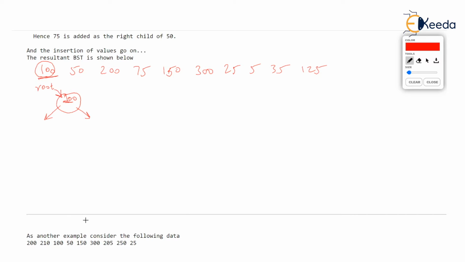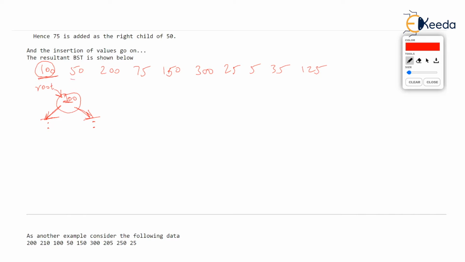Now the two pointers, left and right, are supposed to point to left and right child nodes, isn't it? But there is a problem. We don't have any more nodes. We have only a single node, 100, right now. So the two pointers, left and right, will be made null. Just see, as soon as we make this node 100, it has two pointers, isn't it? Left and right. But hello, they can't point anywhere because right now they don't have any child node. So we immediately make the left and right pointers null.